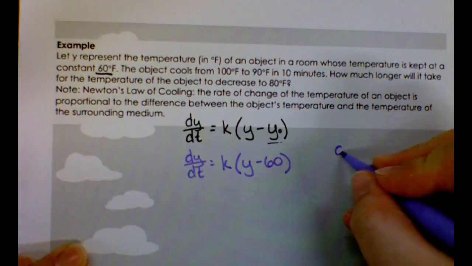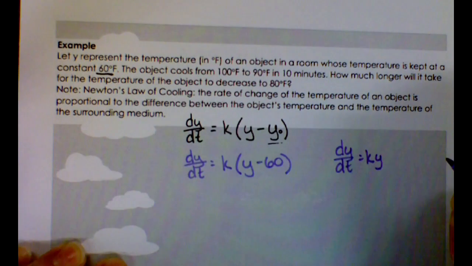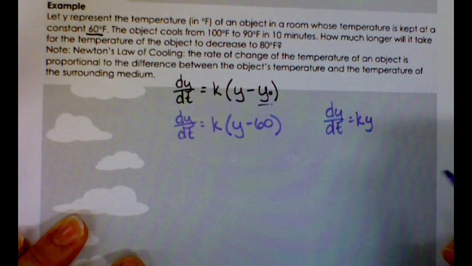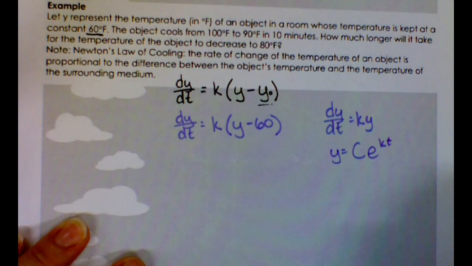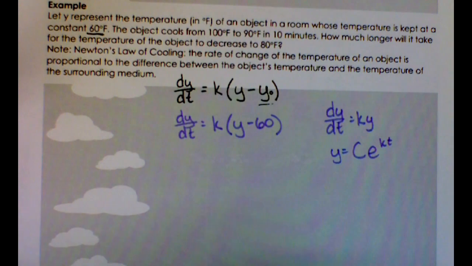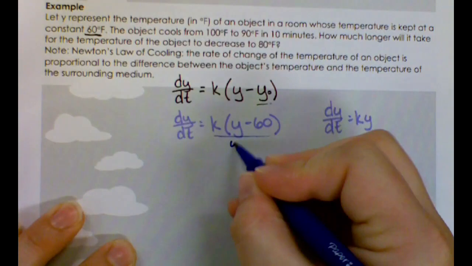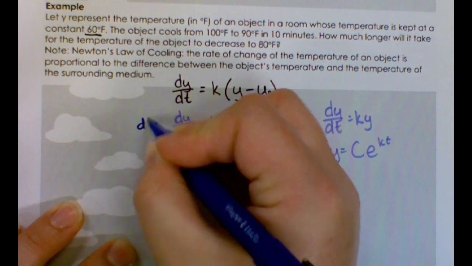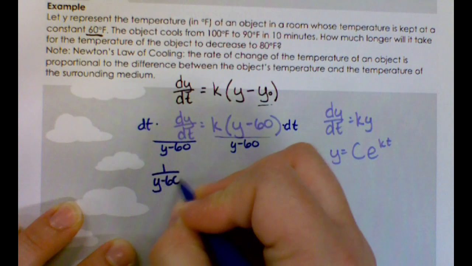And now before we had dy/dt equal to ky. This is very similar, we just have a y minus 60 instead. That was y equals c e to the kt power. The difference here is where that 60 goes. So essentially what we do is solve this like a differential equation. We're going to divide by y minus 60, multiply that dt over. I get 1 over y minus 60 dy